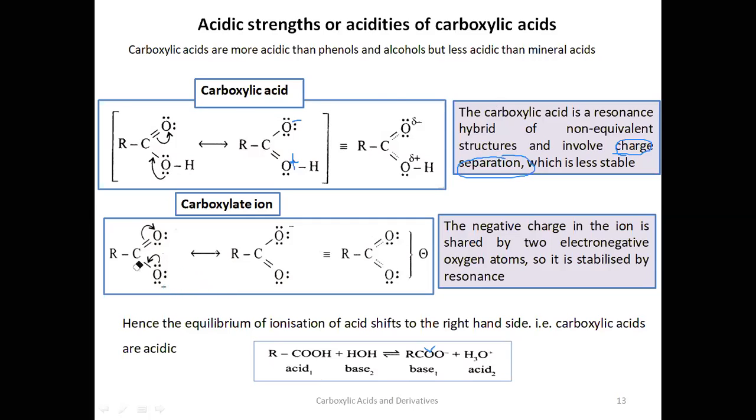Okay, so how do you write the resonance structures? By shifting these electrons. When you shift these electrons here, it means the negative charge is distributed here. When you are shifting electrons here, it means it will get a double bond here. See here, double bond. So electron density is balancing here.